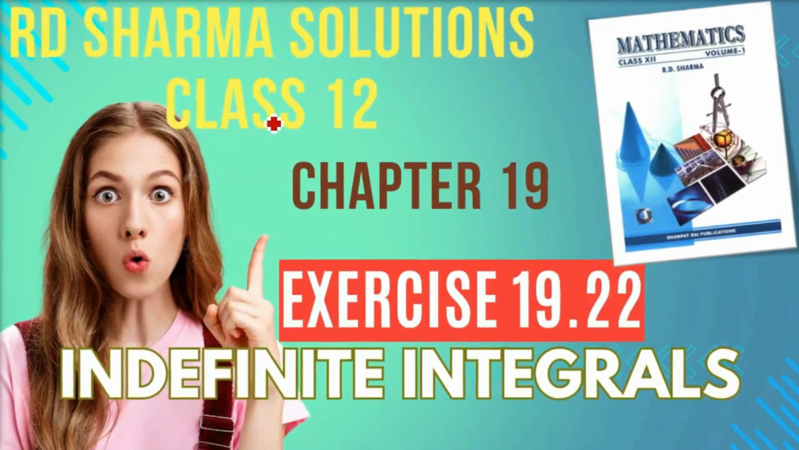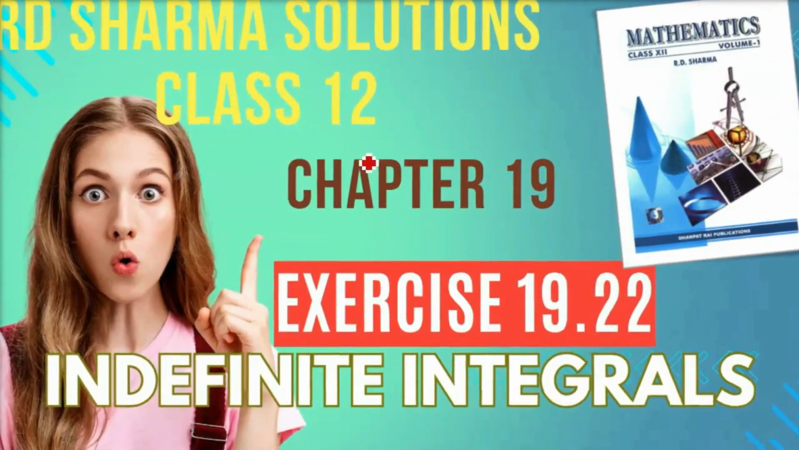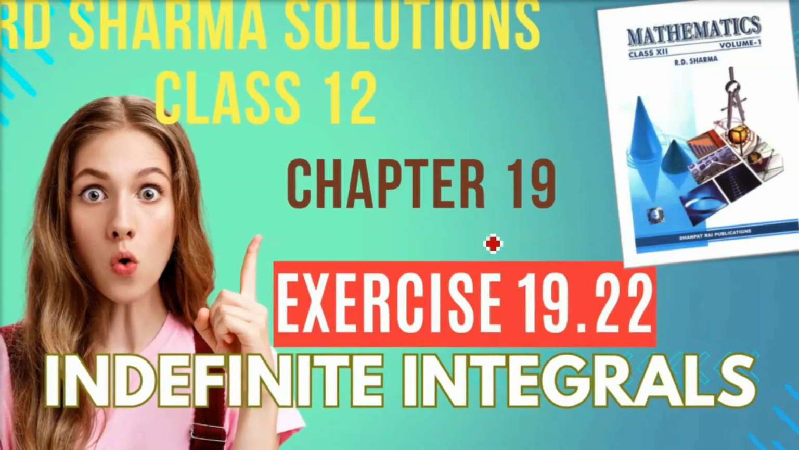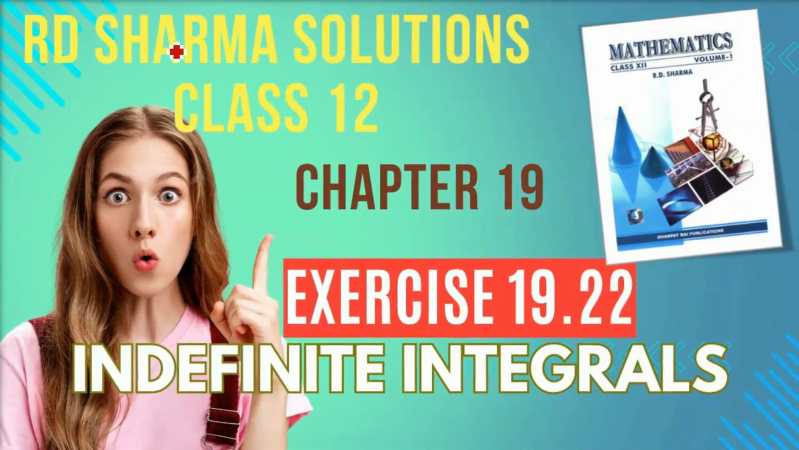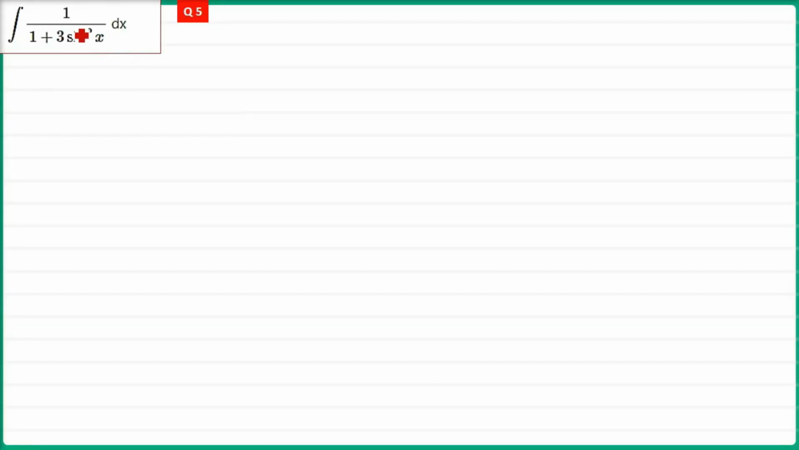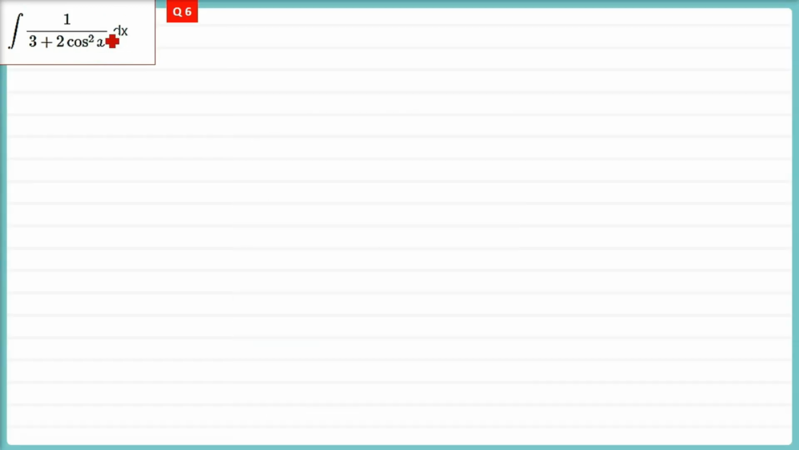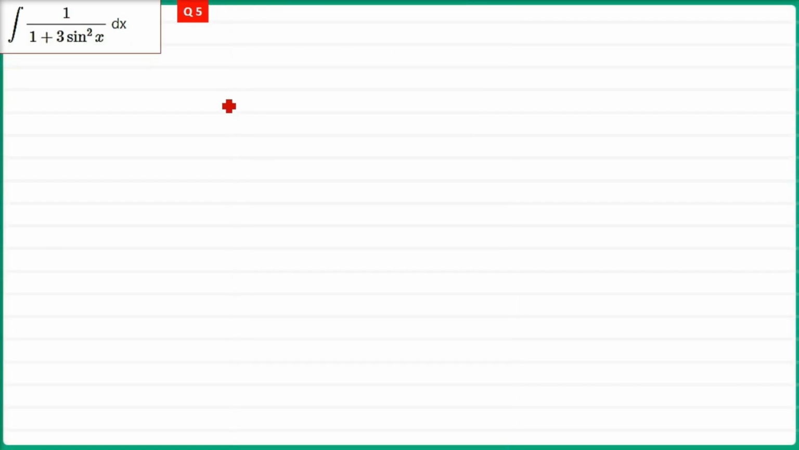We are taking class 12th R.D. Sharma solutions, Chapter 19, exercise 19.22, indefinite integrals. Now the questions we have seen, mostly we have divided by cos square x in numerator and denominator. Now I have to show you this question also, because these two questions which I am showing you are almost